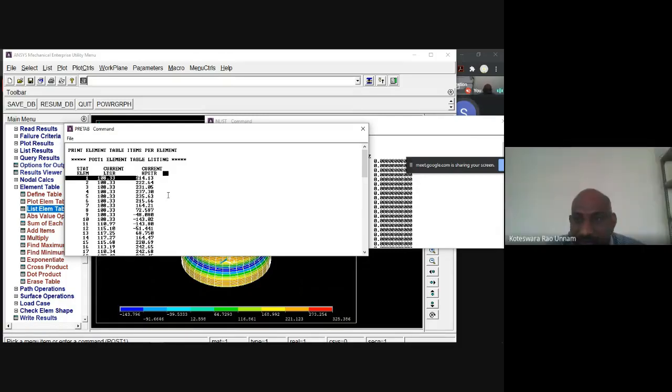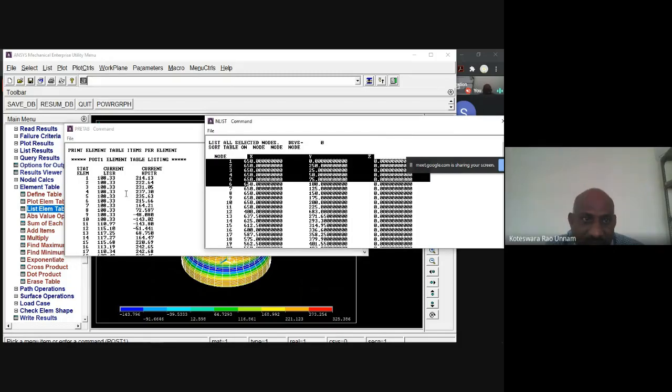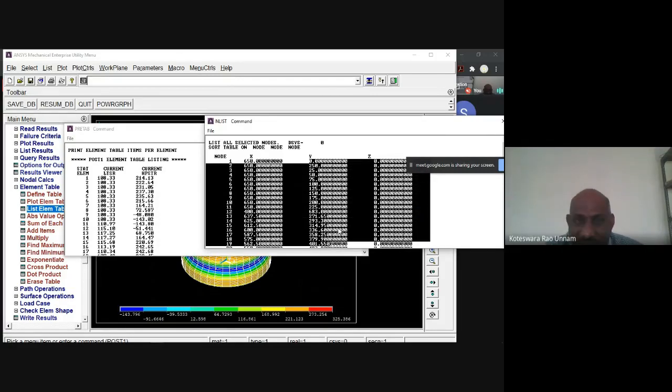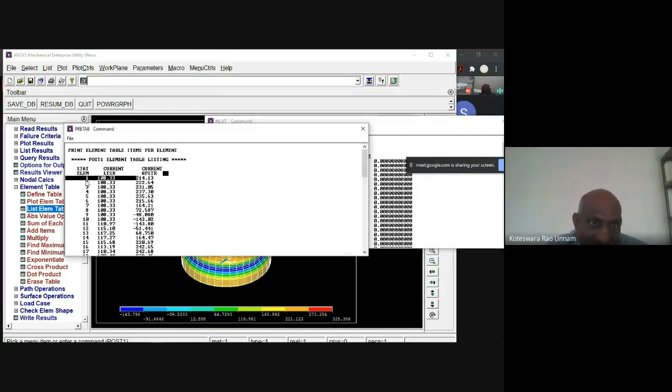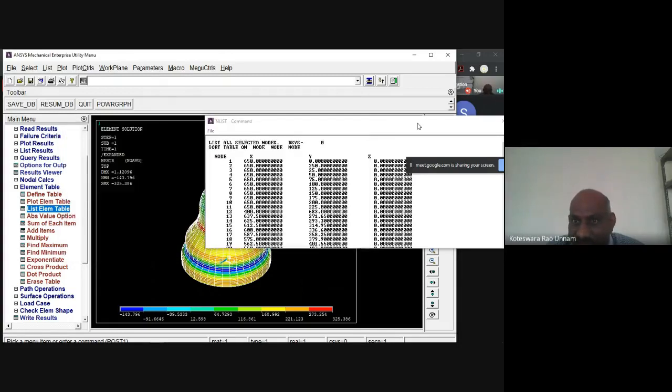So that means I can plot 2 on the same graph, to see how it is going to vary from bottom to top, or else you can take the radius also. Bottom to top, I want to plot how the stress is varying. In that case, you have to use these coordinates, 0, 250, something like this. You take a y coordinate, identify the corresponding node here, and take the stress value from that. Then you note that down and prepare an Excel sheet. Using Excel, you can plot all those things. I think you can do that on your own.